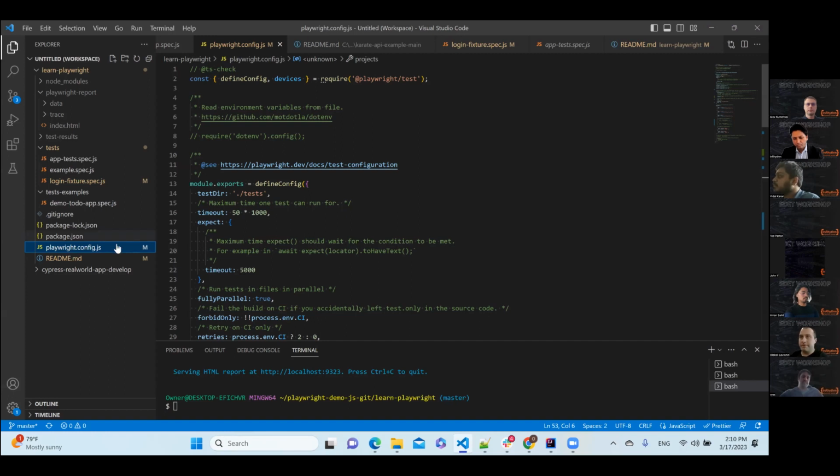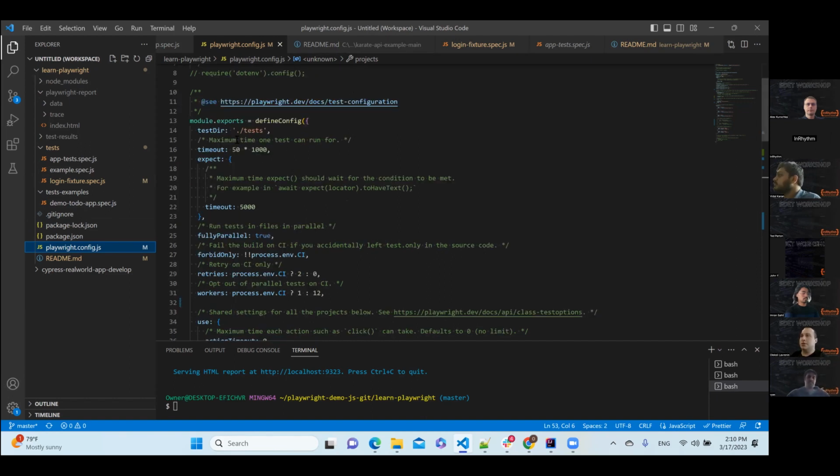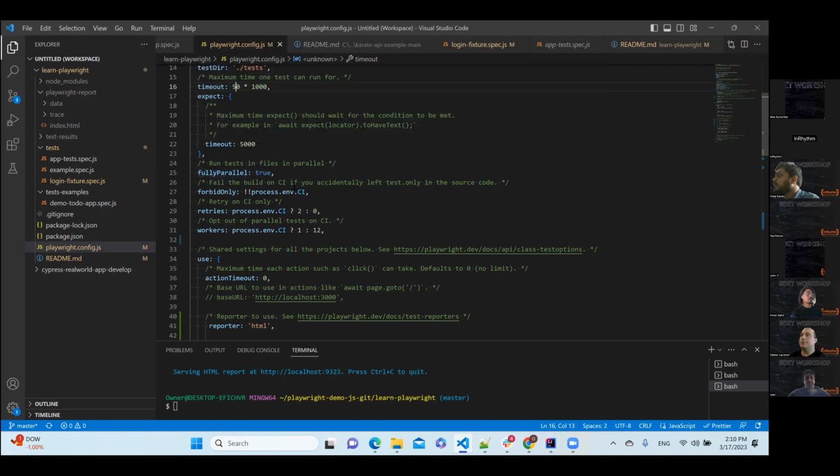the most important file in a Playwright project is playwright.config.js. And you can see all possible combinations of settings, global settings for the whole project. This is timeout, for example. And by default, I changed timeout to 50 seconds. Why? Because when I start running these cases locally in parallel, it means that I need more delays for different locators, for different waits. Because if you run a lot of these cases at the same time, definitely we need some delay.